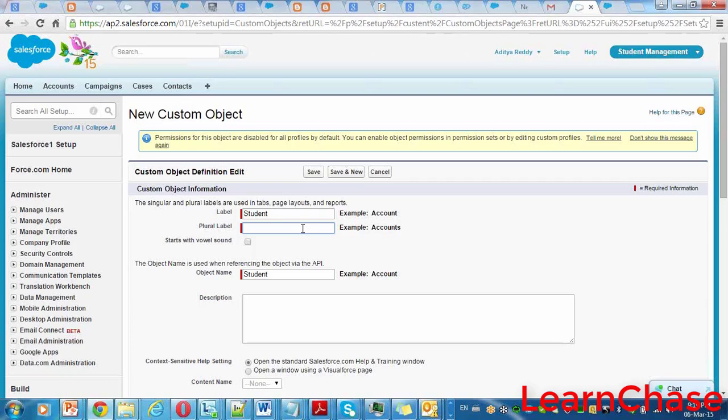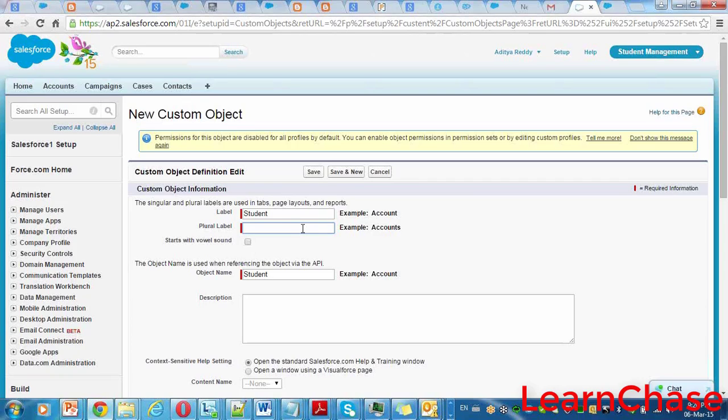Once we create this object, we can go to the Schema Builder. It will show the relationships that exist between the objects. You can drag and drop them and see exactly what our database structure looks like.